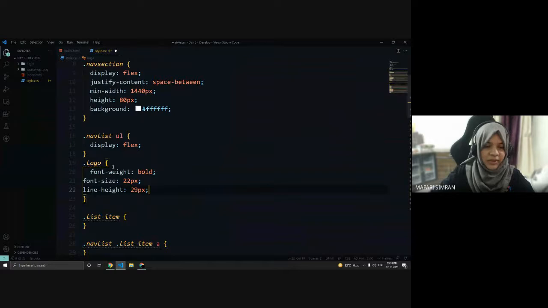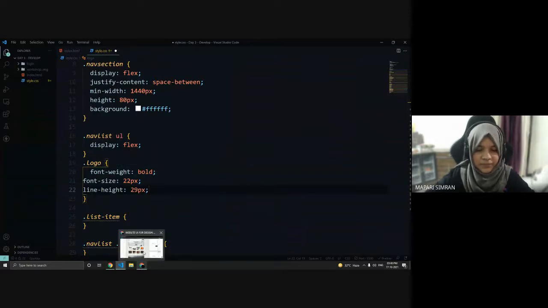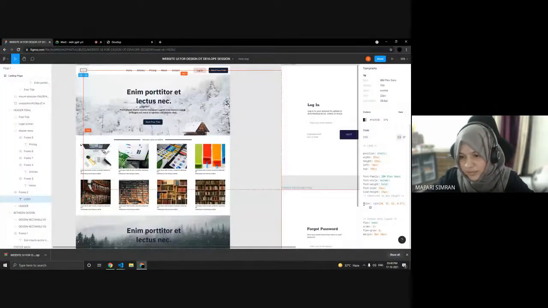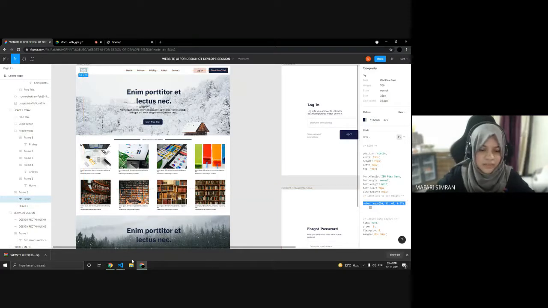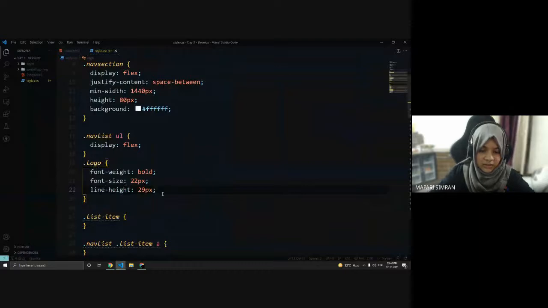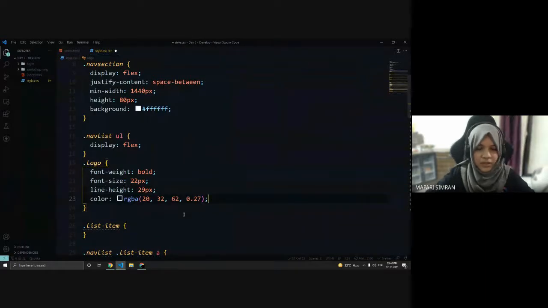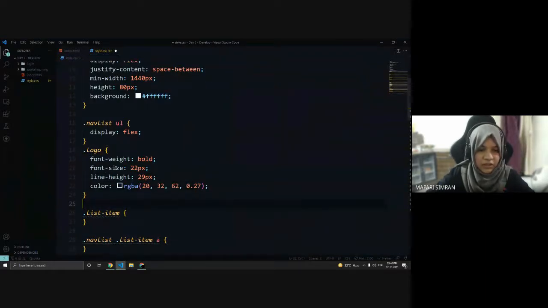We can get color in whichever format we want, hex or RGB. So accordingly we can select. If we want hex, we can select this as well. Let's copy this color, Control C, and paste it here, color for the logo.